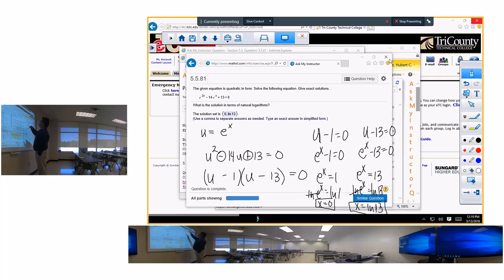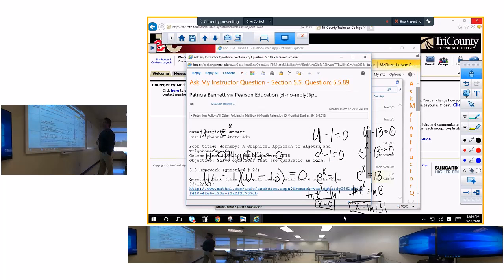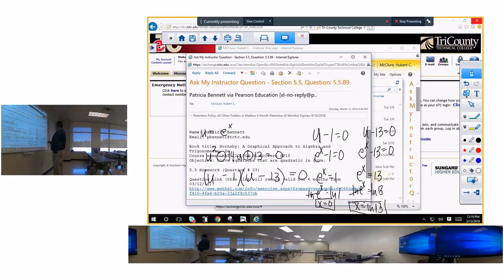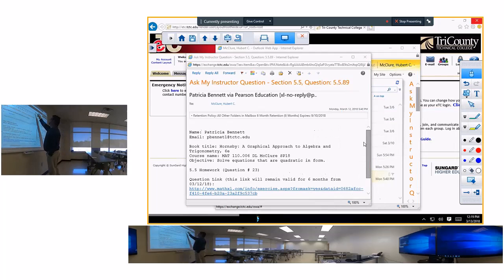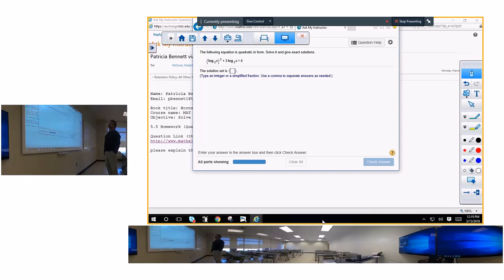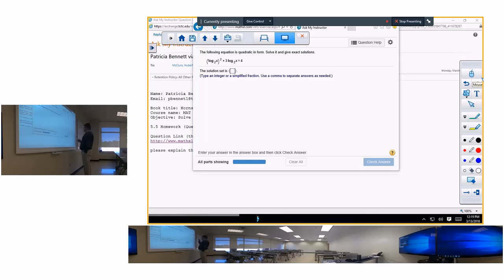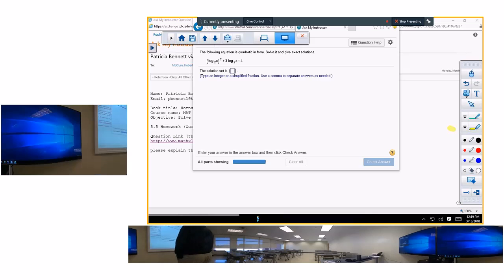Next question. Next question is this one, which is the last one, 5.5 number 89, 23. And let's see, this one is a good one. Oh yeah, anything that looks like this is a test question, because these are the questions you're going to see in calculus. All right, so first thing we got to do is rewrite this guy as,